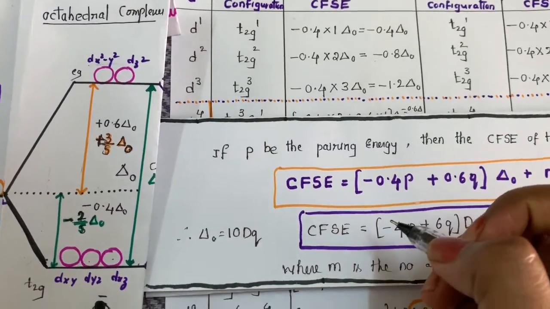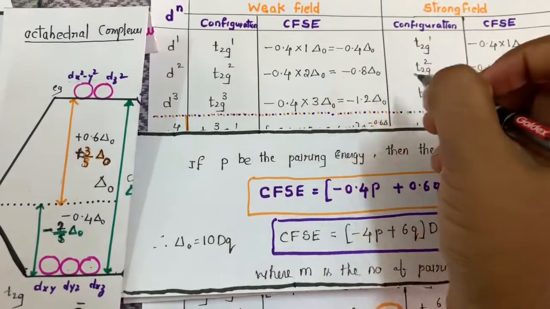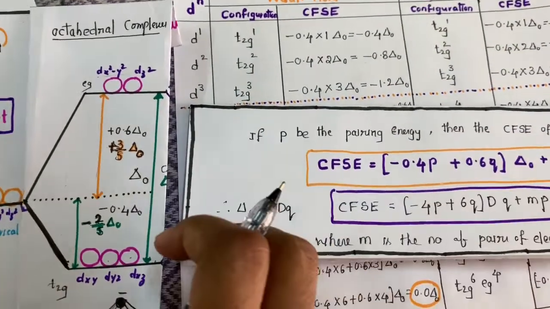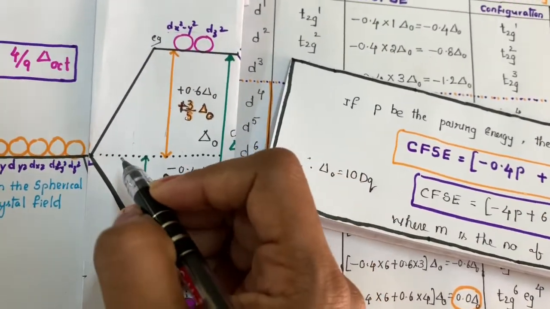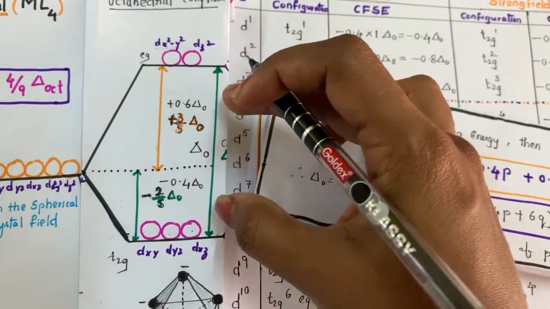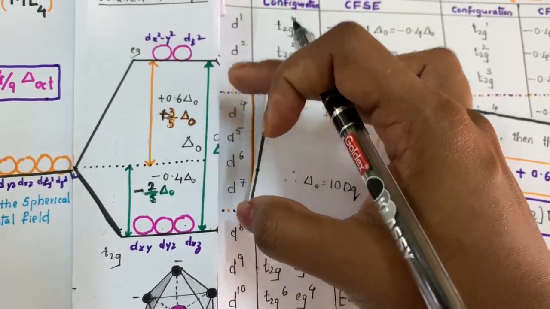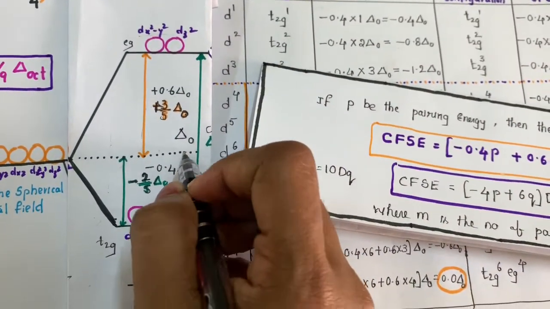Hello students, today in class we will discuss crystal field stabilization energy, and how to calculate crystal field stabilization energy in octahedral complexes. As we know, in octahedral complexes, the d orbitals of the central metal cation are split into two sets of different energy levels, right? The energy difference between these two sets is said to be delta O, the octahedral crystal field splitting energy,